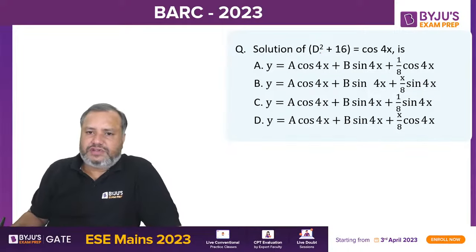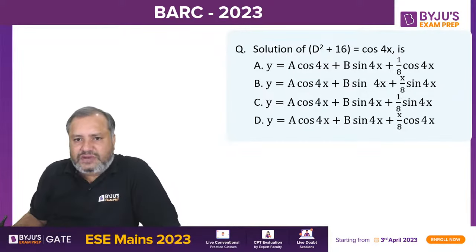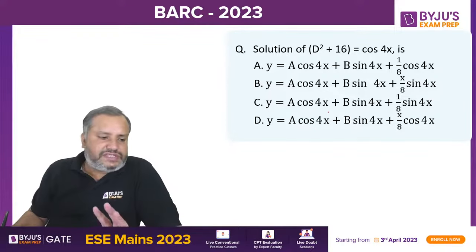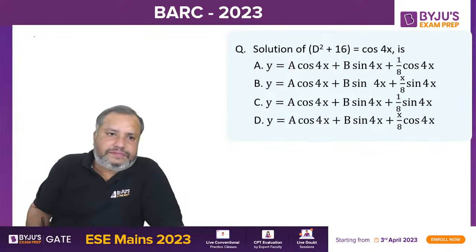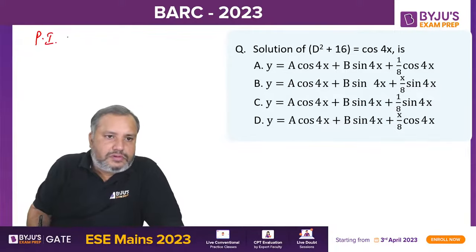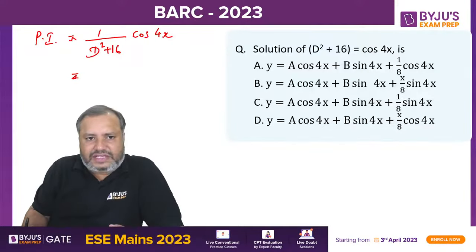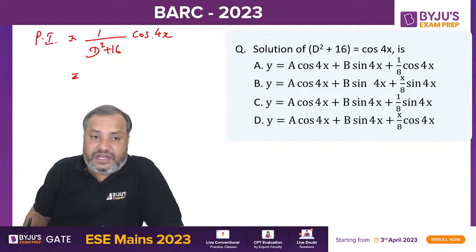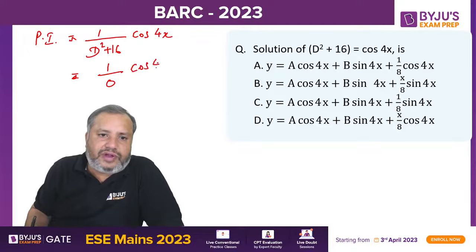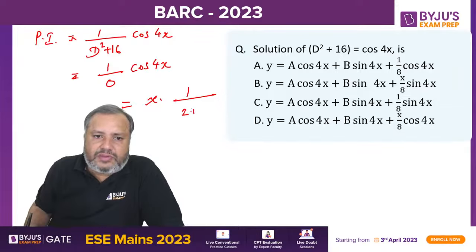Yes, the solution of this equation, D square plus 16. So a cos 4x plus b sin 4x, everywhere it is the same. CF is the same everywhere, just you need to find PI. Now see here, cos ax, value of a is 4, a square is 16, minus a square is minus 16. Replace D square by minus a square, you will get 0 in the denominator. Case 2 fails. Multiply by x here, take the derivative of the denominator,